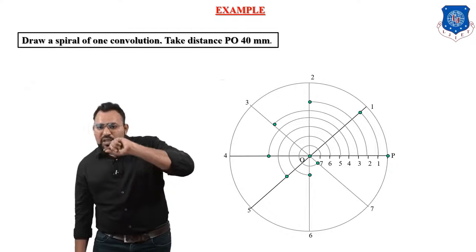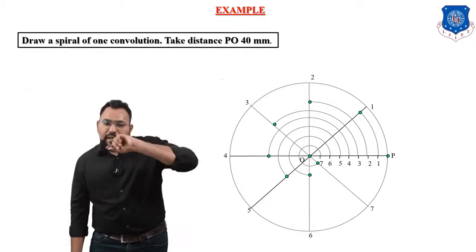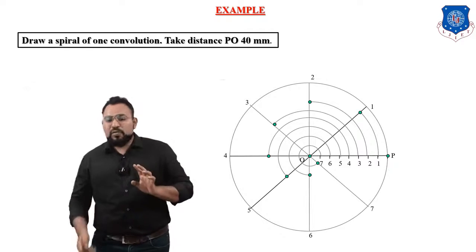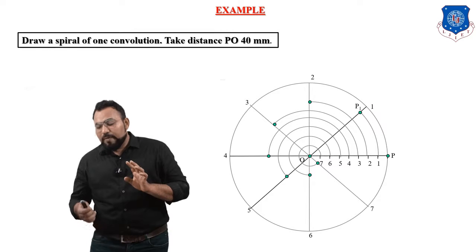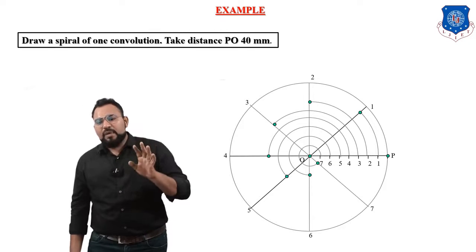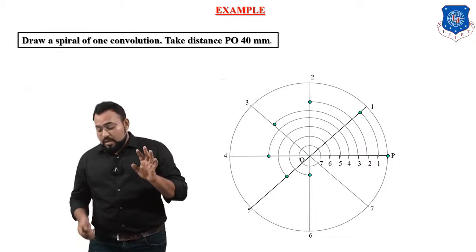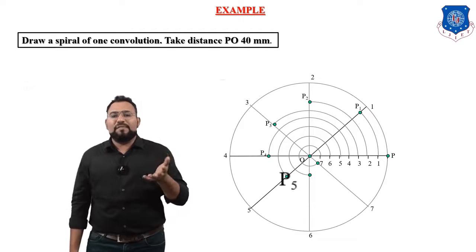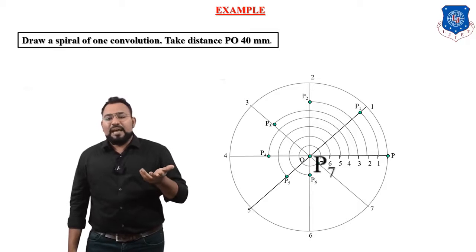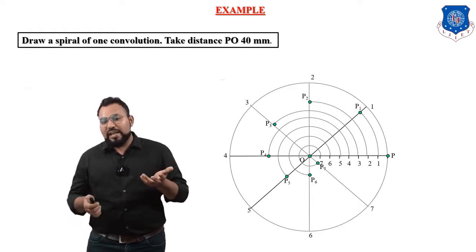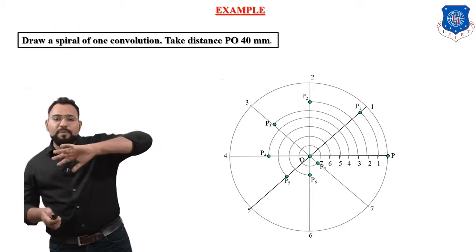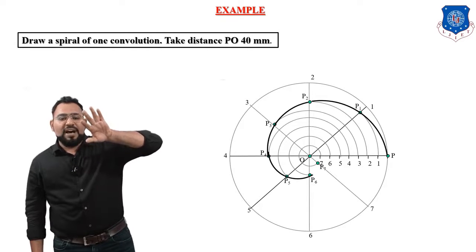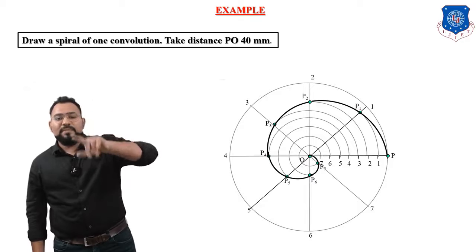Now what you have to do? You have to draw a spiral, or you can say you have to draw a curve connecting all these points starting from point P up to point O. So let us start drawing this smooth curve. But before we do this, we will give numbering like point P1. So here I will give the numbering point P1, point P2, P3, P4, P5, P6, P7 and P8. Okay, so this is how we will give numbering, and now we will connect all these points starting from point P to P1, P1 to P2, P2 to P3, P4, P5, P6, P7 and P8. P8 means point O itself.